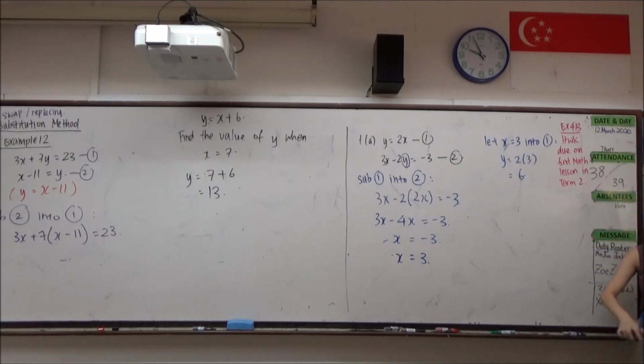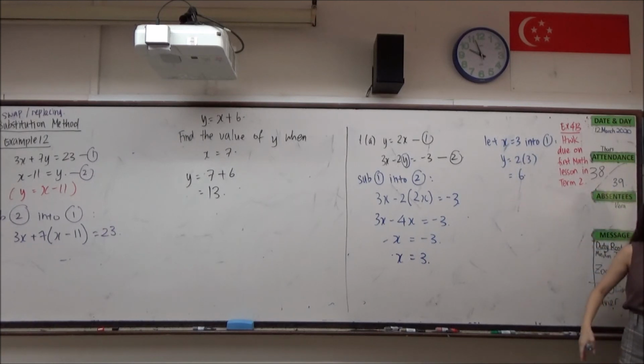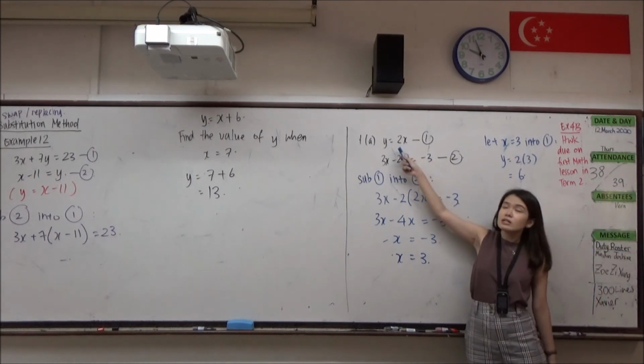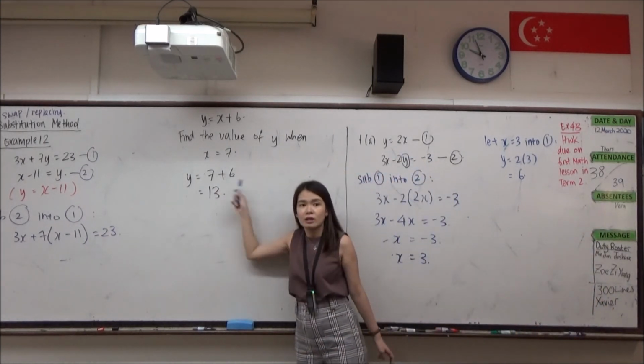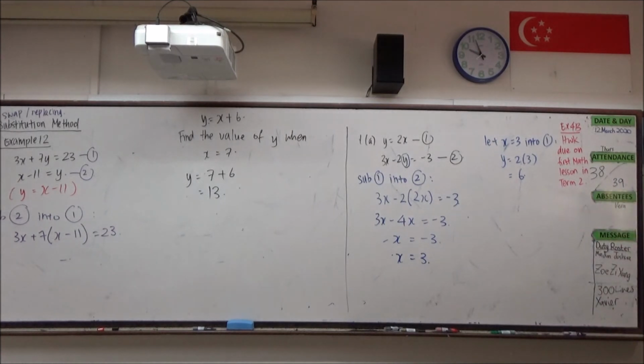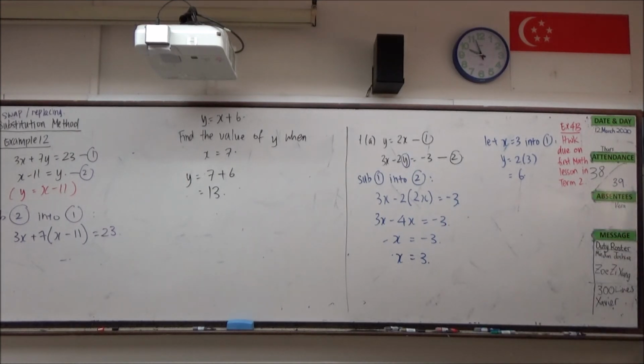So we get 6. So actually in this process, it is also a substitution because we let x into this one. We were already doing some form of substitution when we did elimination. Any questions? I hope that you keep this in mind. We will cover more about